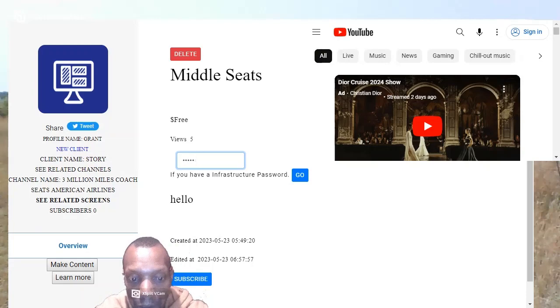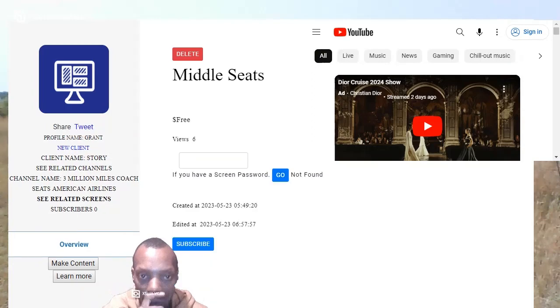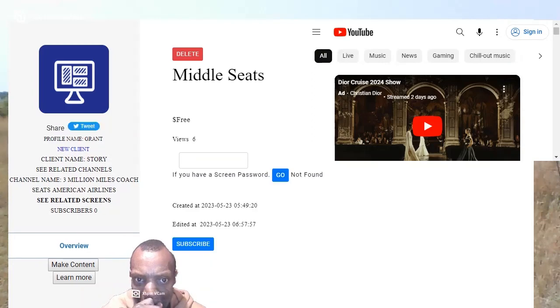Oh, let's enter the wrong password. Oh, bad characters. Wrong password. Not found. But let's enter the right password. Okay.